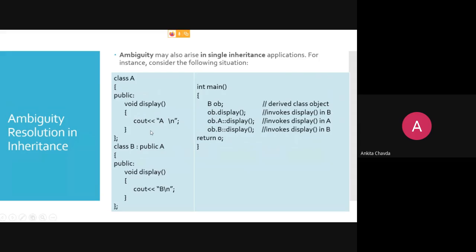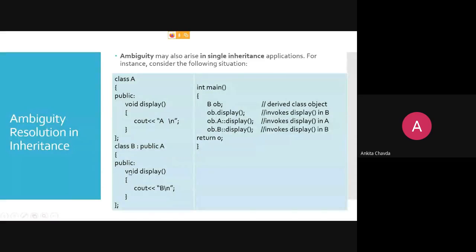That is the same even in single inheritance, where you have display over here. It is not actually ambiguity, but every time it will call your derived class function only. It will hide your superclass function.